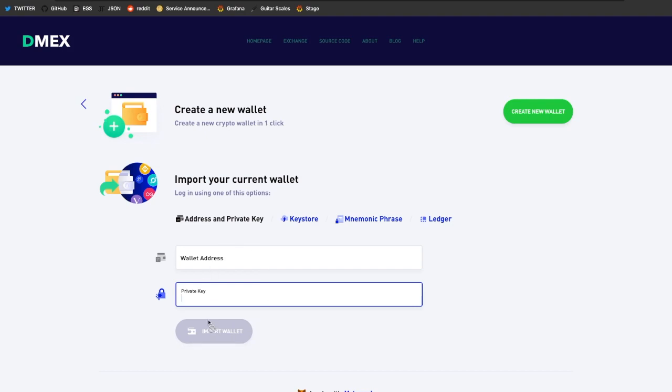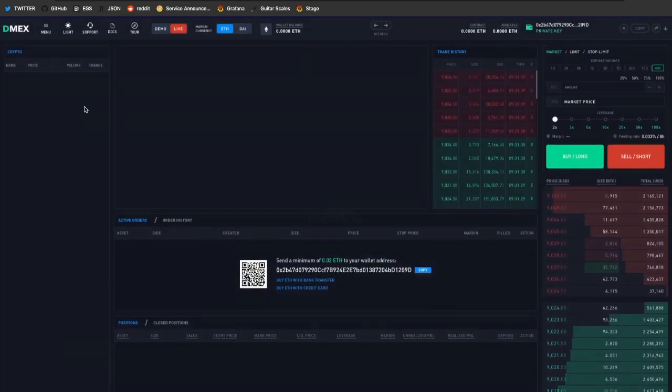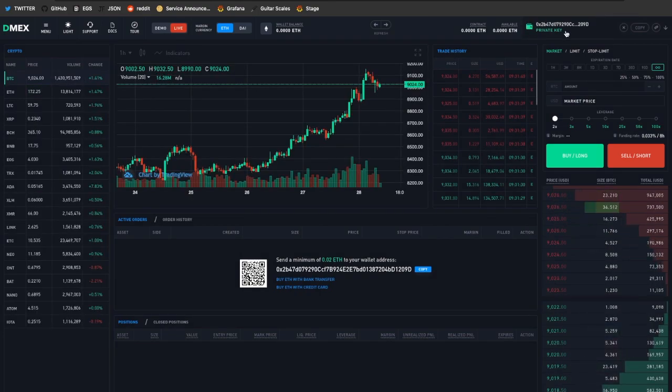The private key will only stay in your browser. It will not be sent to our servers. It's just stored in your browser cache, and if you delete the cache, the wallet will be deleted. So if your computer is secure, you can use this method. For added security, you can also use a MetaMask extension, which is basically